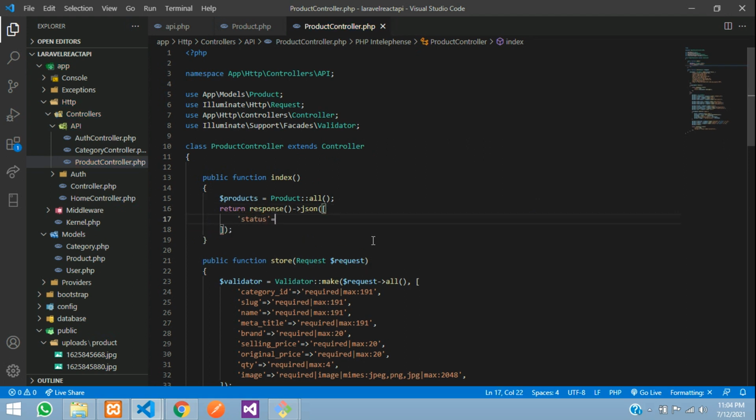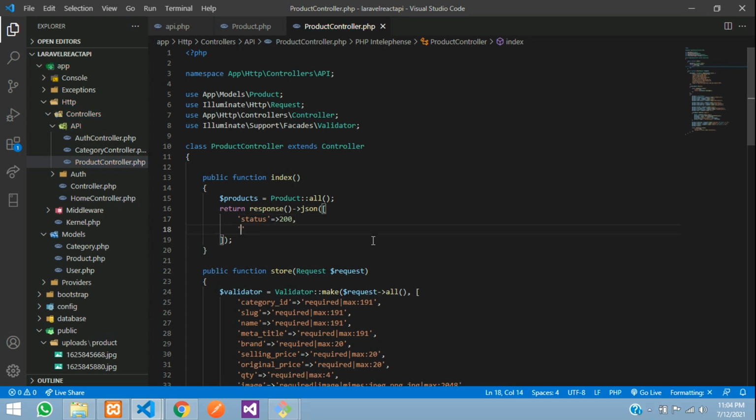status of 200, comma, then your products. Of this $products, you are going to send inside this. Saved, guys. Now when you get the response of these products, let's get back